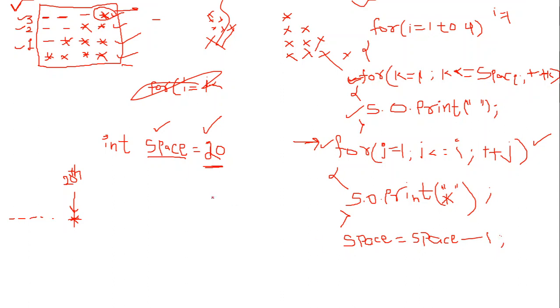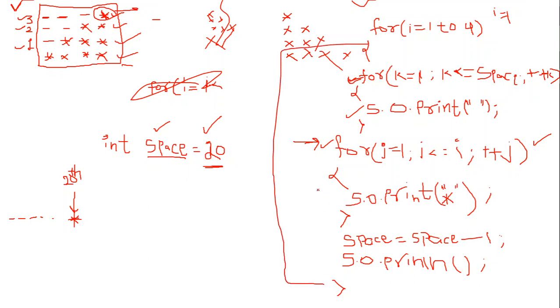Okay, and after that one more thing we have to do. After this star is printed, we have to change our line so that we can print two stars in the next line. So to change the line, as we have done earlier as well, I will simply write System.out.println. Then I will close the outer for loop, which is from here to here, and this one is from here to here. So let's trace out how it is printing this star pattern. Okay, our program is completed.